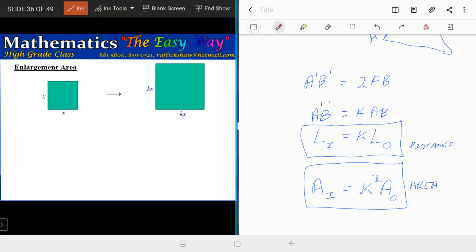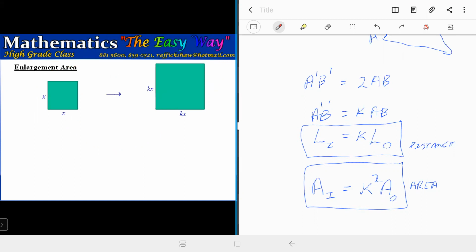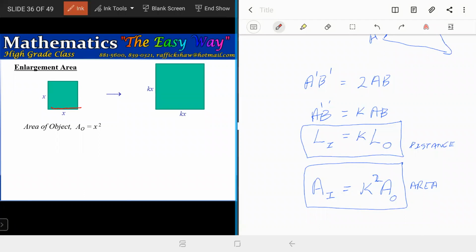And so we get a larger square over here, which is K times the first one in terms of the length. If we were to look at the area of each of them now, the area of the object would be x times x, because it's a square, so it will be x squared. And the O here is for object, so area of object. I'm trying to use the same notation that I use over here. And if you looked at the area of the image now,